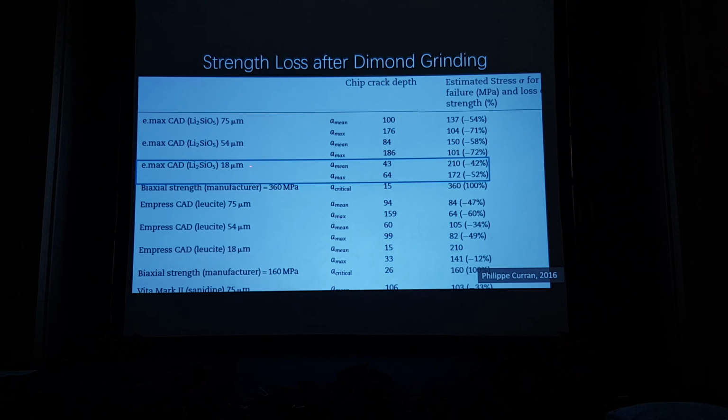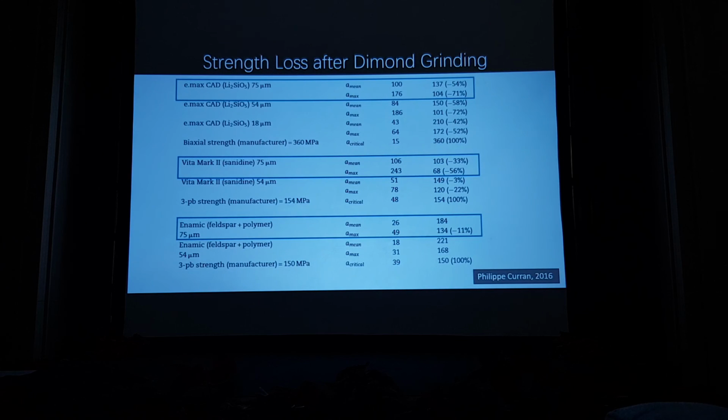You grind with a fine diamond burr, and your flexural strength becomes 210 megapascal, or a 42% reduction. So it's very scary, right? You just use a fine diamond burr and cause half of the strength reduction. So let's make a comparison of these three. If we use the coarse diamond to grind these three materials, Emax, lithium disilicate, and